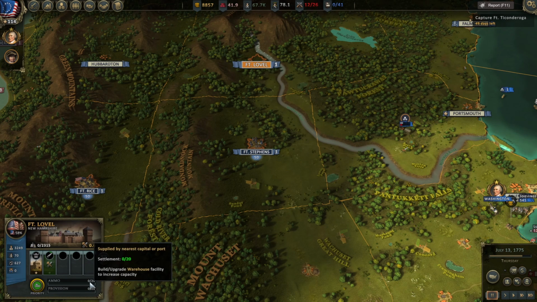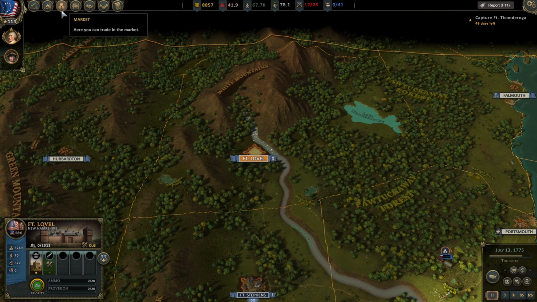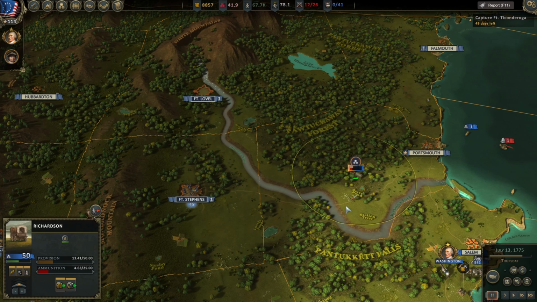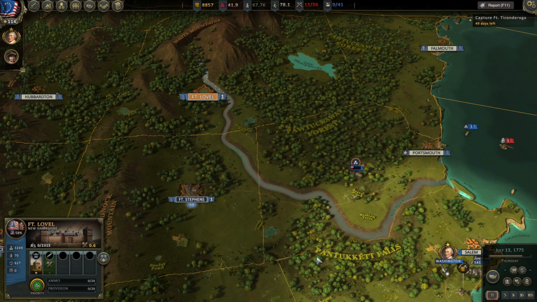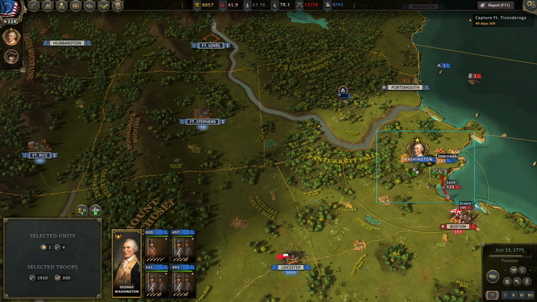So here you can store 20 ammo in this fort. Click on the fort, then click on this priority button. This will start transferring the ammo from your storage into this fort. You would then use a supply wagon to collect it and run it over to your army